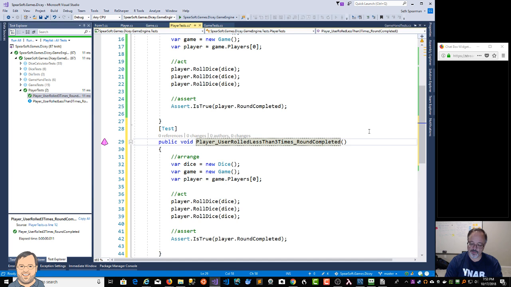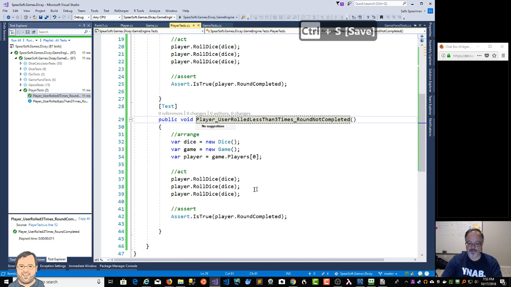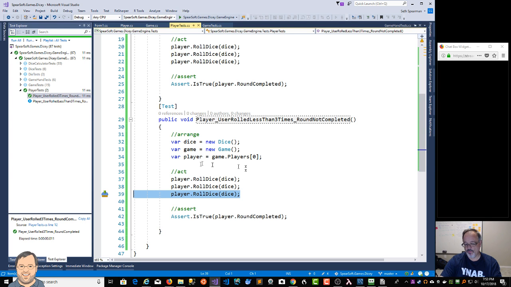Round is not completed. So in this case, we know this is going to work, but in this case, we're going to test. I could probably find a way of doing one assert for all 3 of these, but in this case,